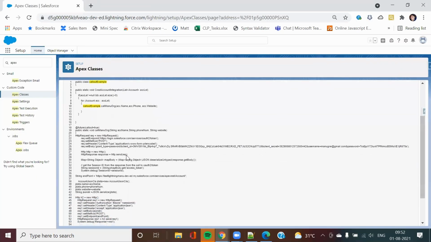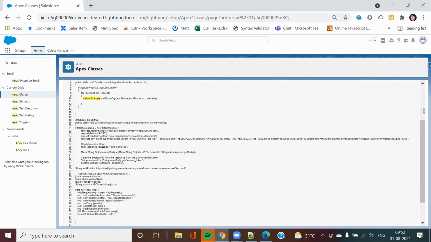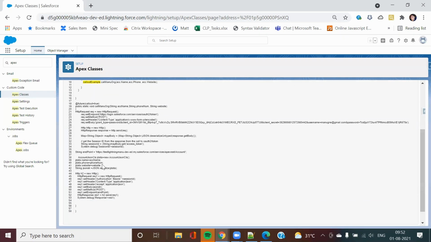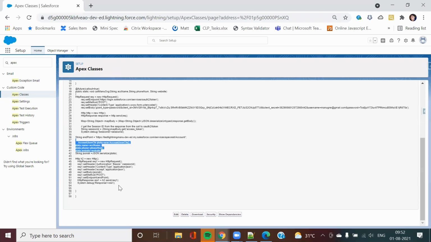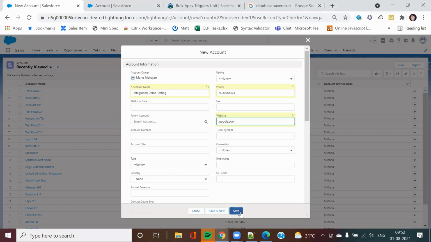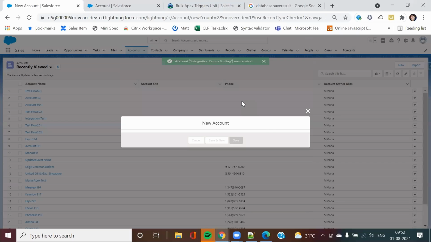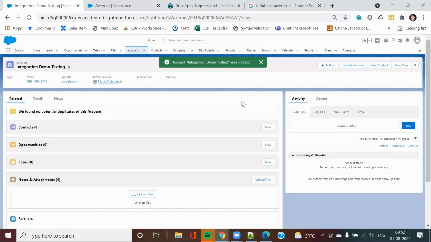After that, it is going into my web service class, which is a future method with callout equal to true. There, I'm passing the detail, I'm serializing it. And after that, I'm calling the other system. Just one. So now let me save it. Now let me try to check the first system whether this account is inserted or not.